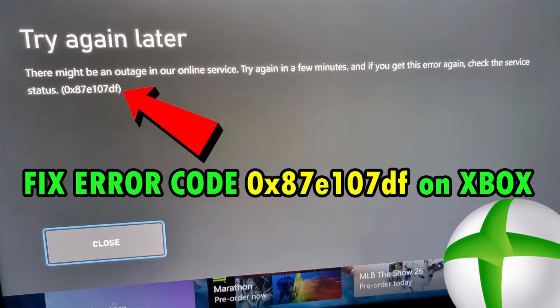In this video tutorial you will learn how to fix Xbox console error code 0x87e107df. So if you're getting this error, try again later. There might be an outage in our online service. Try again in a few minutes, and if you get this error again, check the server status. The error code is